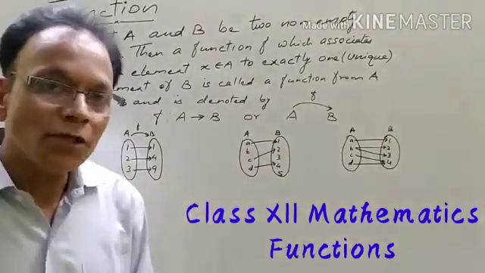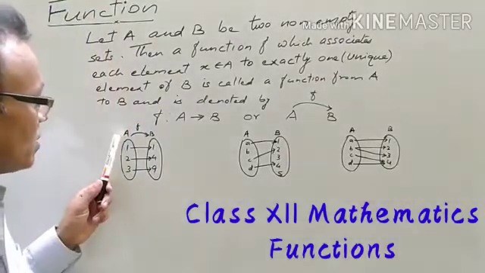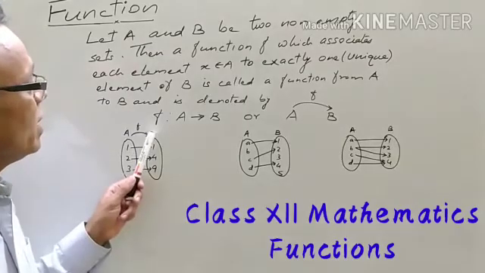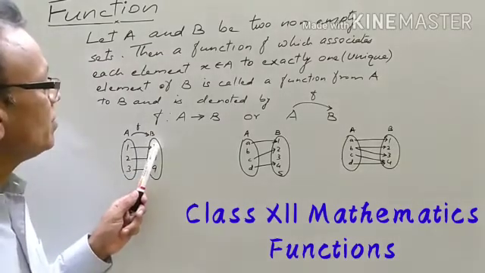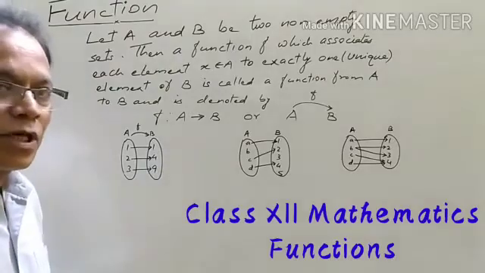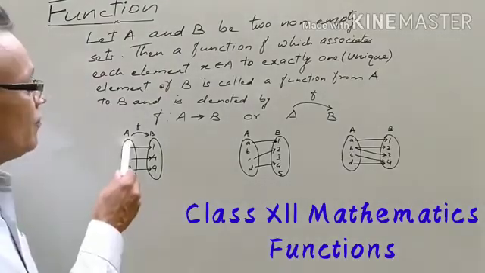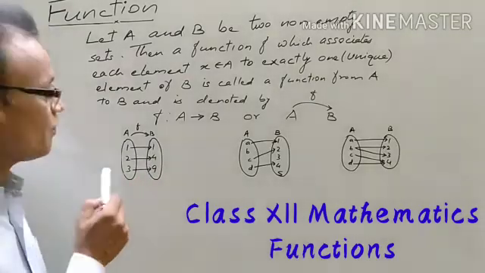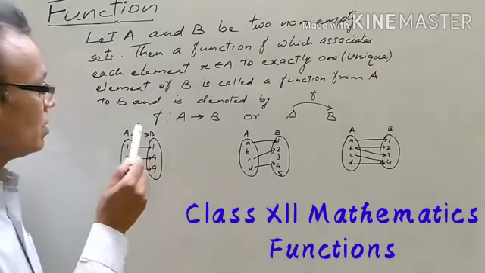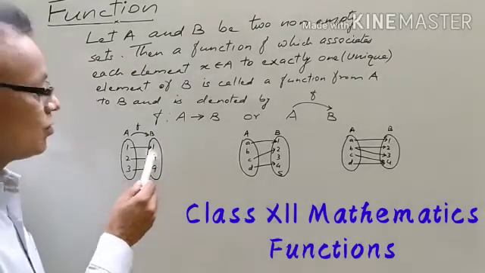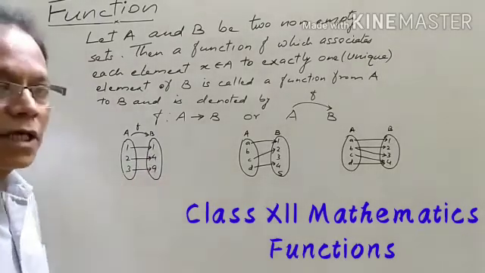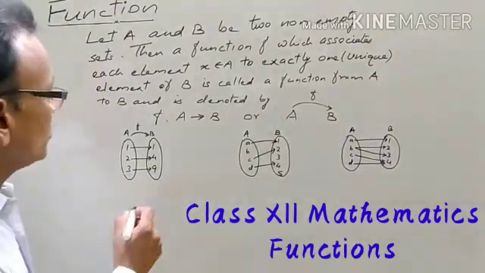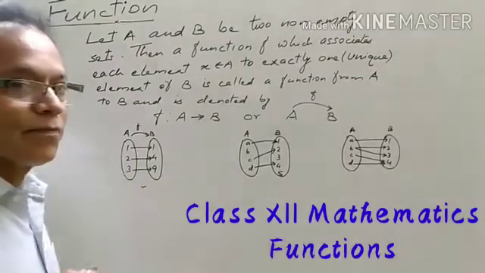Through mapping, try to understand this. If we consider this set A in which the elements are 1, 2 and 3, and another set B in which the elements are 1, 4 and 9, we see that every element of A has an image in set B. 1 is related to 1, the image of 2 is 4, the image of 3 is 9. So according to the definition of function, this is an example of a function.